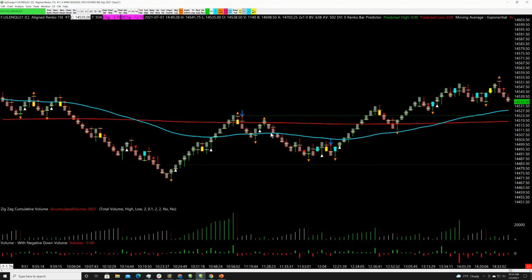If you're looking for it to come back down, I actually would have been looking for the long here because of some additional information I would have given the room. I don't think I would have taken this short over here. The reality is the way I would have traded this, even though this was a decent short, is I probably would have attempted the long here, gotten stopped, and then come back right over here and taken the long right here. This is a 50-60 retrace off a pretty dominant move.